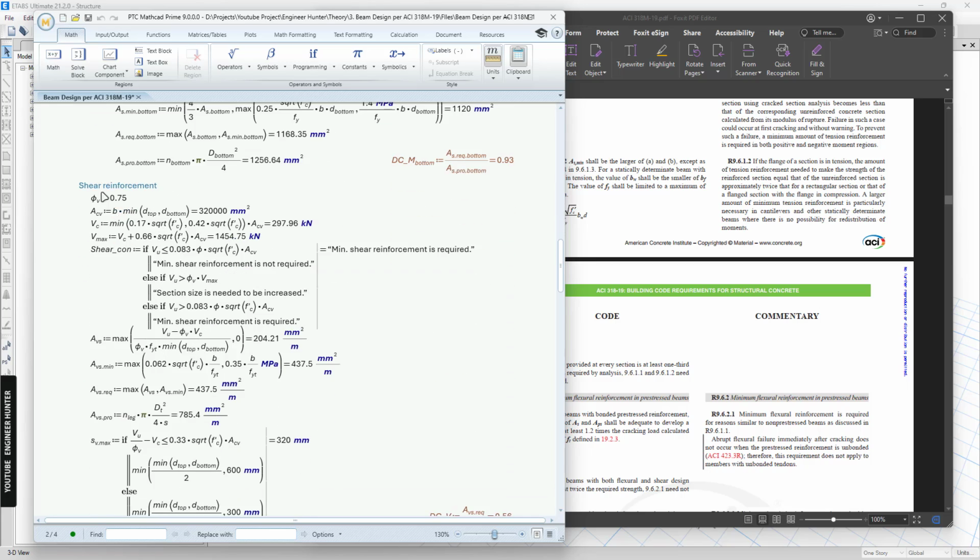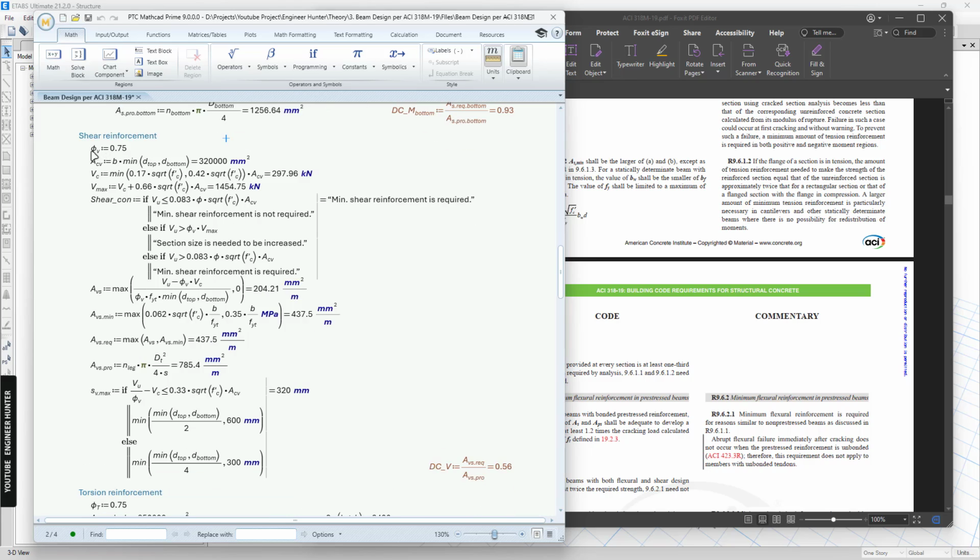So next we can go to shear reinforcement. So for shear we have the strength reduction factor for shear, and I use the minimum value after the effective depth. And next we need to find the VC and Vmax, and we can compare with the